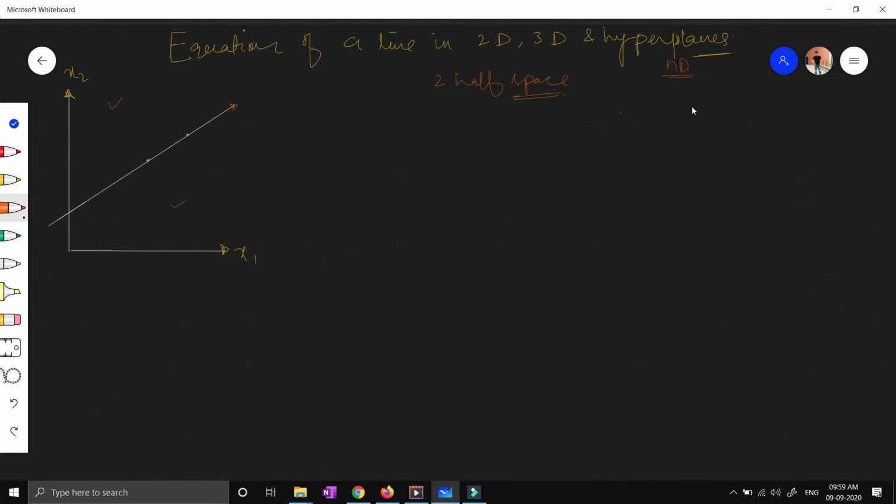Okay, so let me make a 3 dimension diagram. This is my plane, and you can see the x axis, y axis and z axis, right? So everything above the plane and everything below the plane, it divides the whole region into two half spaces. And what is the benefit we get after knowing the half spaces, or this region or this region?